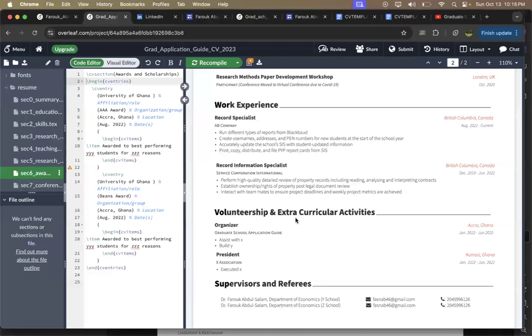And this is what Fulera mentioned earlier. Those in teaching, this is where you might want to pay attention, because that 5-year gap is where it's going to show, right? So if you've been out of school for 5 years and you've been in the classroom for those 5 years, you have to make sure that it's related to the program you're going to apply to. And just like what Josephine mentioned, even if you're not into teaching and you don't have the teaching experience to show for it, this is where you can leverage.